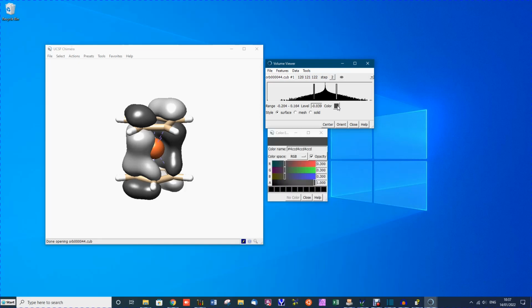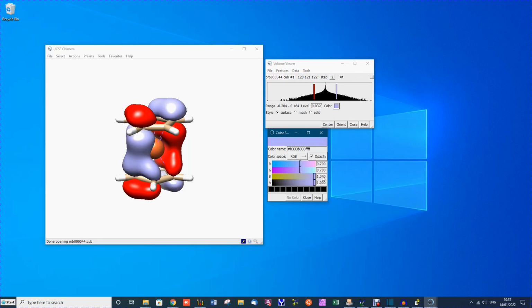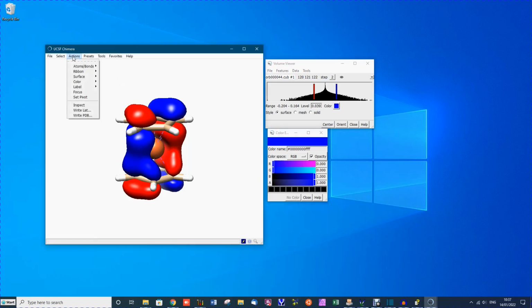If we click the color button, we can change, for example, if we make the left bar red, we make the orbital as negative red, and the one on the right, if we make that blue. So we have now got red and blue, and if we go to Action, Surface, Transparency, and set that to 30%, it's a reasonable level of transparency. Now if we move down the color picker,